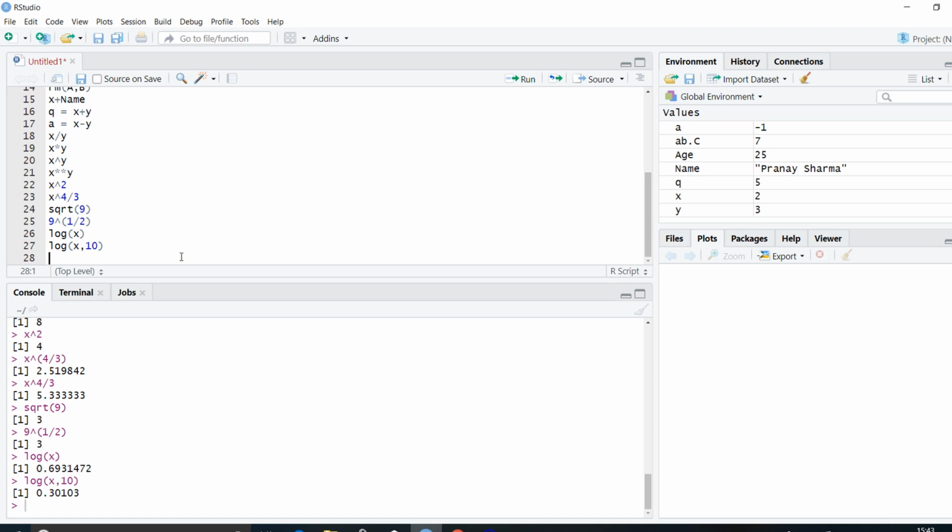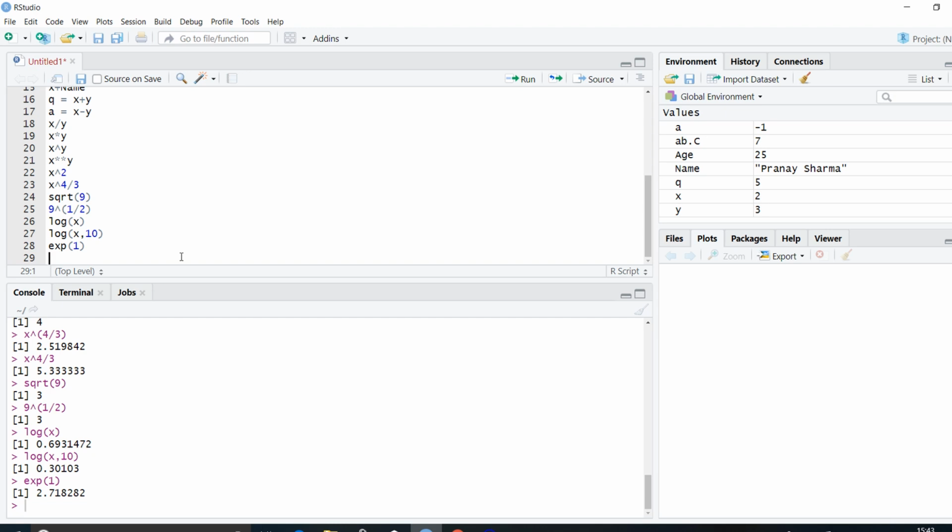Now whenever you write a function like log, if I write log and I put brackets, you will see that RStudio recognizes that I have written a function and it gives me help. So it shows me first x, any number that I have to take the log of, and then comma, I have to specify the base. Base is equal to exp(1). Now exp is another function, that is our exponential function. So if we write exp bracket 1, that just means it is e raised to 1, and if I press Control Enter, we get 2.718282.